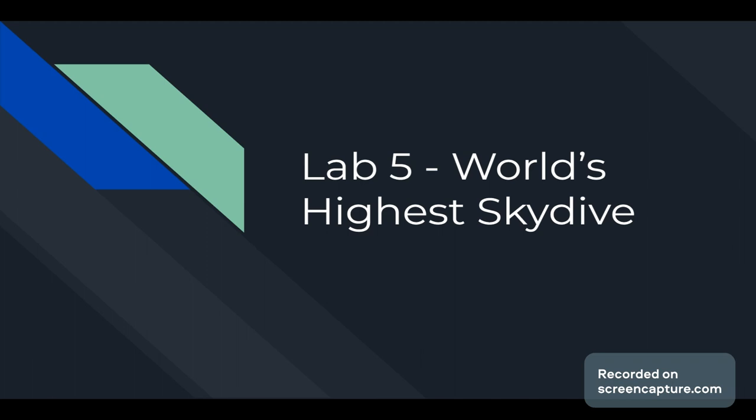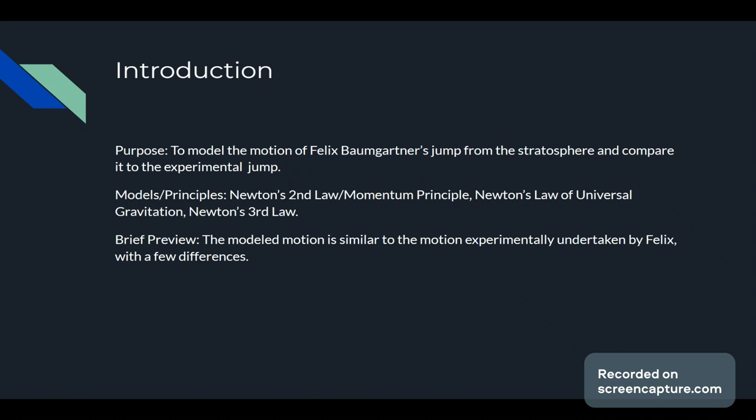Lab 5, the world's highest skydive. The purpose of this lab was to model the motion of Felix Baumgartner's jump from the stratosphere and compare it to the experimental jump. For this, I used Newton's second law and the momentum principle, Newton's law of universal gravitation, and Newton's third law, and the motion that I modeled was similar to the experimental motion undertaken by Felix, with